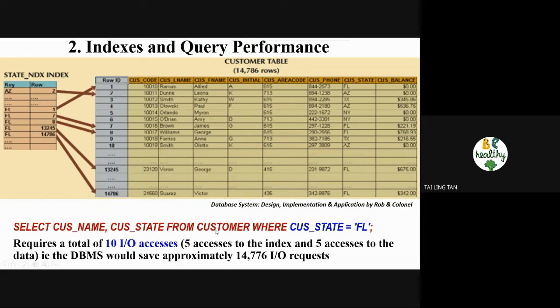So the example here tells us that if we're using this index method, it requires a total of 10 IO accesses. Only 10 IO accesses: 5 accesses to the index and 5 to the data. So we have 5 records here. We access this index 5 times, then it points to the table 5 times, and we get the result. So this one is 10 IO accesses rather than